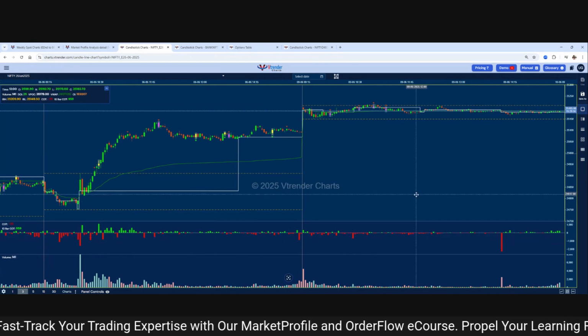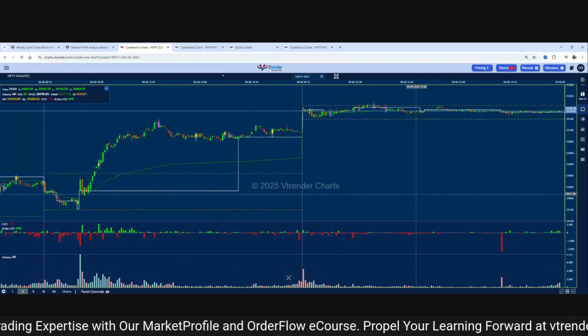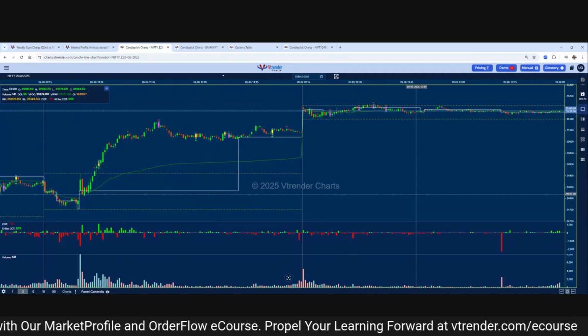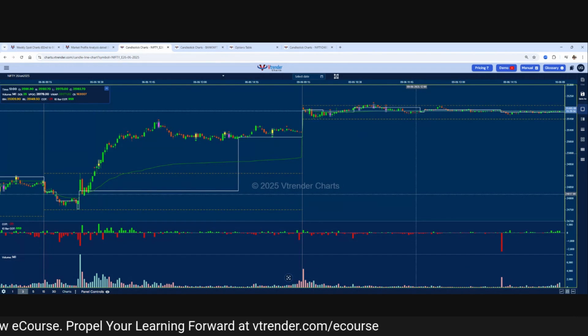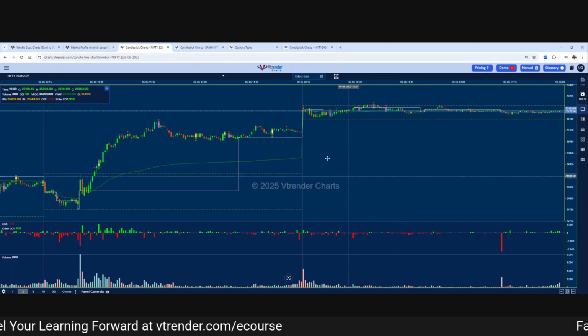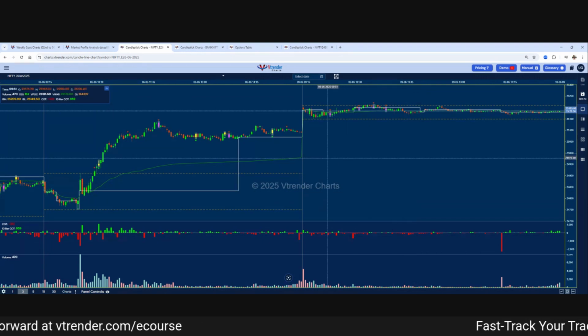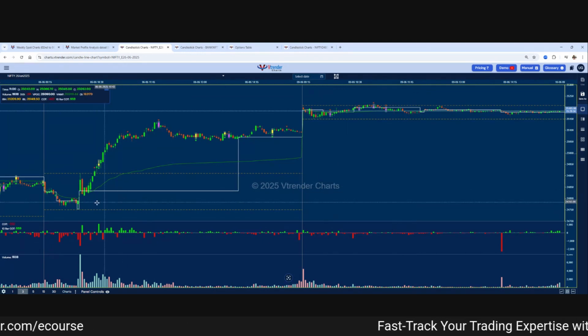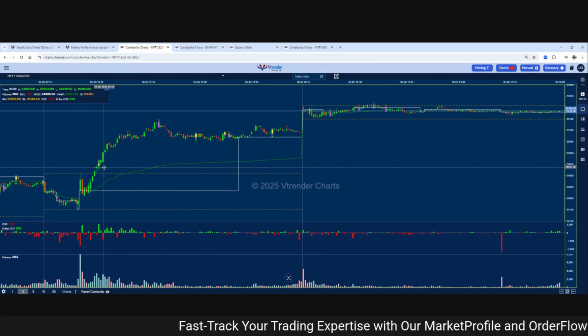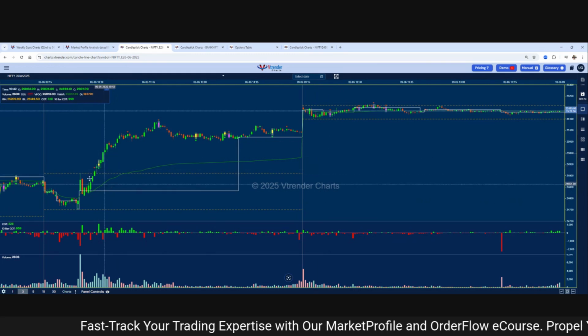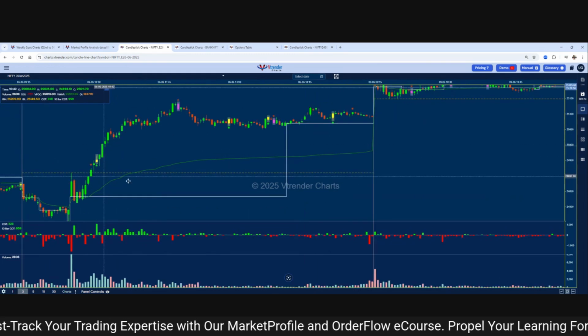So in a nutshell, in this one view, you can understand what is happening when the buyers are in control, when the sellers are in control, and you also have the IBs and the ISs marked on this chart. So it gets easy for us to understand how, when and where we can go long. For example, if I zoom into this